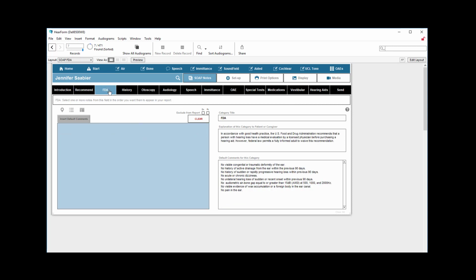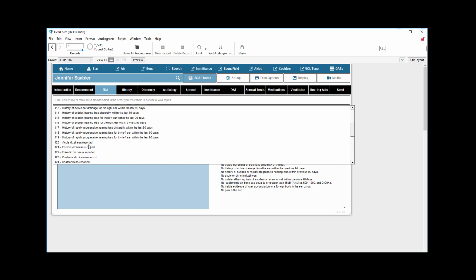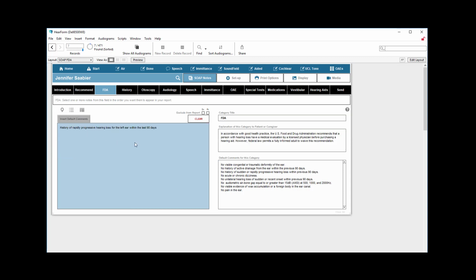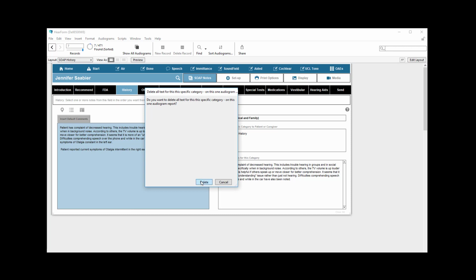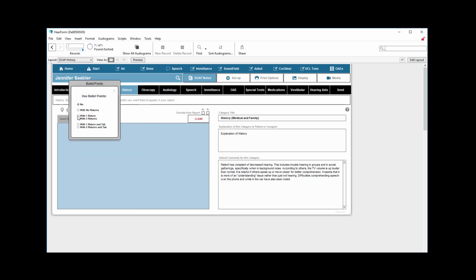Again, you may have renamed the FDA tab or insert the default comments, or you may simply put in what is atypical. So we may say that this happened but nothing else. So then we'll go to our history area, insert default comments, or enter additional information. If you want to make it a new paragraph, then go ahead and click that first, and then that does that. And then let's go ahead and clear that, and once again choose maybe with a return and a tab,